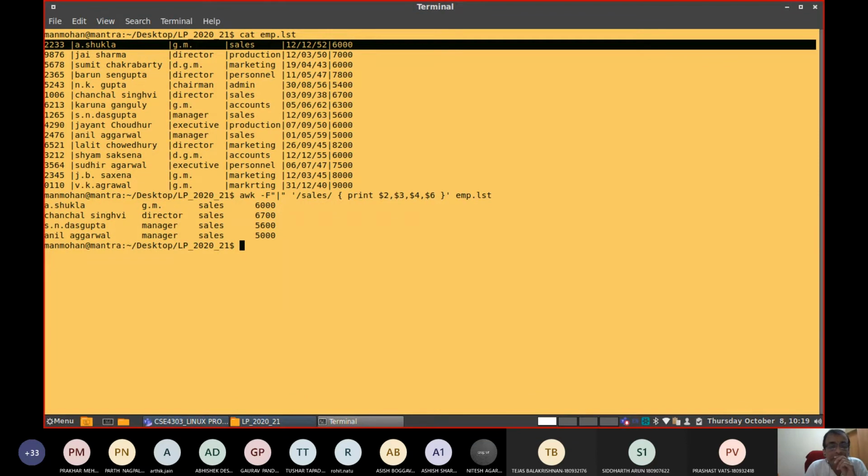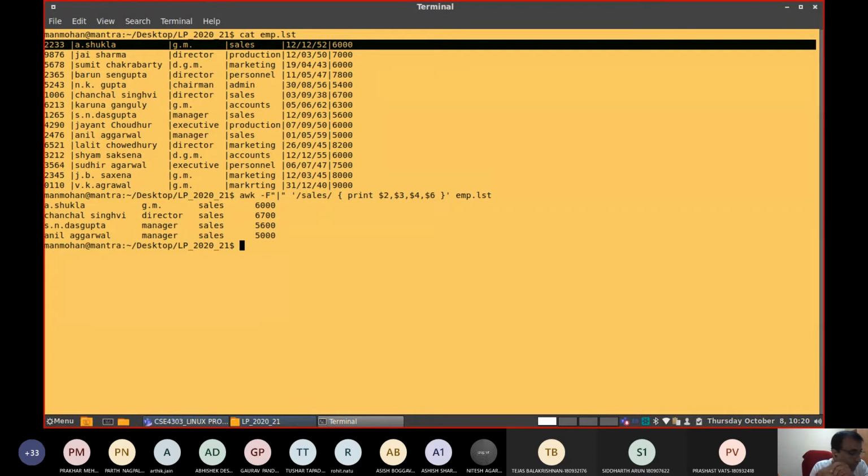These are displayed here. Look into the format of the input file, the details of each employee there. If you are not interested in all those details, you can select the fields. The only point is that you have to mention what the delimiter is. Then only the meaning of $2, $3, $4, $5, $6, etc. will hold good.